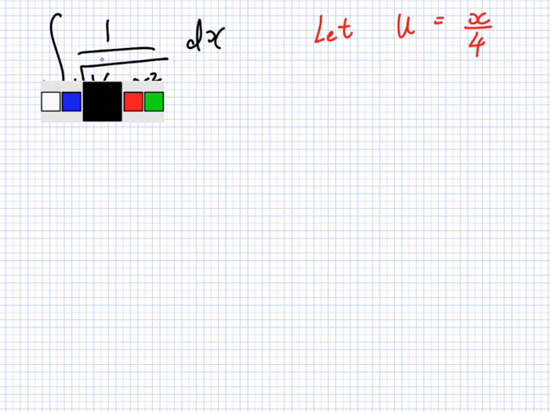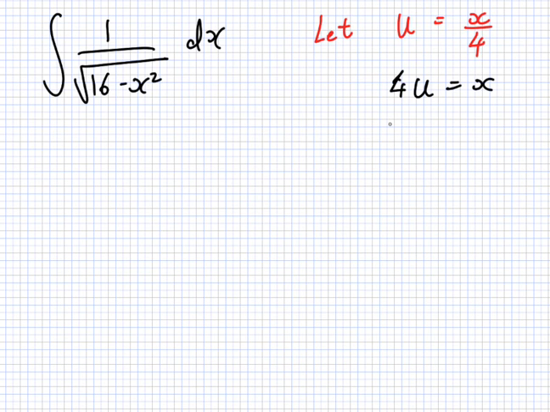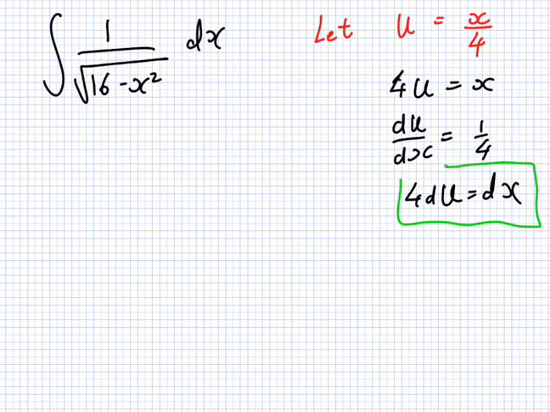So with that we can say 4u equals x, and you can also say du dx equals a quarter. So you could say 4 du equals dx. This one here is useful, this one here will be useful, and this one here will be useful. So if I go back to the question,